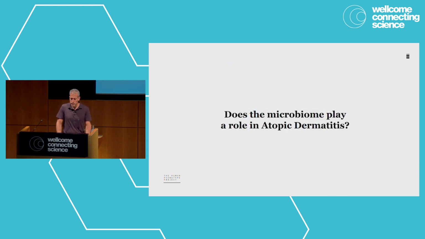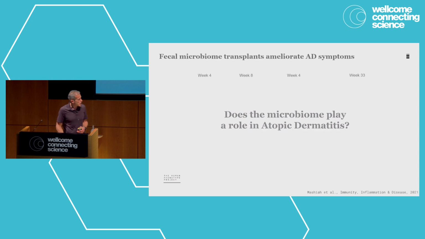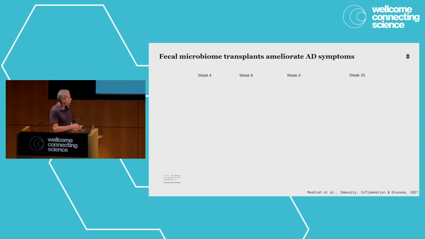In a different area, we've done a proof of principle study to show that the microbiome can have a therapeutic effect in disease. In this case, we looked at a disease called atopic dermatitis, eczema of the skin, a very prevalent disease affecting about 20% of children and about 10% of adults to various degrees. And in this proof of principle study that we published a couple of years ago, we